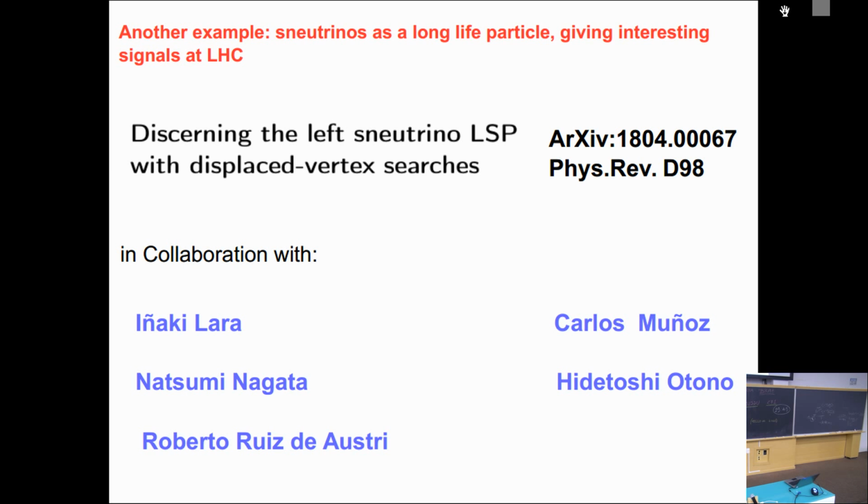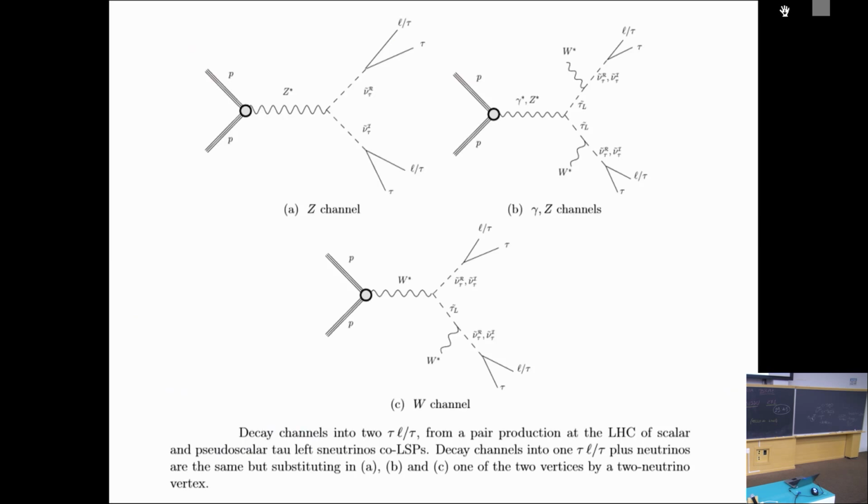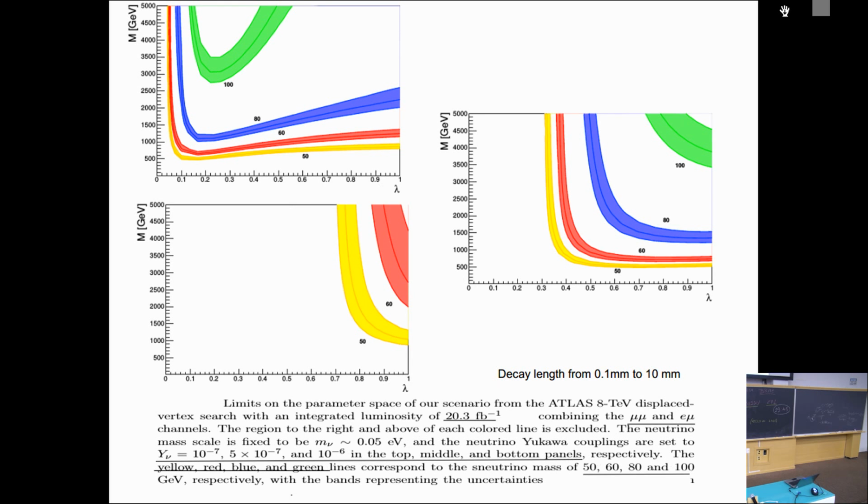The other thing I want to show you is the displaced vertex. The idea is very similar to the previous one, but now it is the neutralino, the LSP, that is directly decaying in a way that gives a displaced vertex. And again, it's possible to put a constraint on all what is above these lines. Here is the explanation, but I don't want to enter into a lot of details. The important thing is that, again, you can put constraints today.